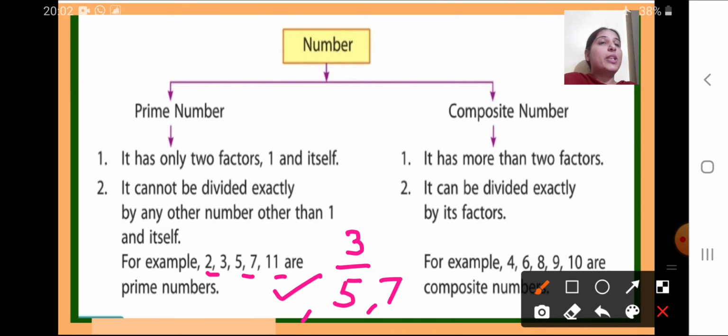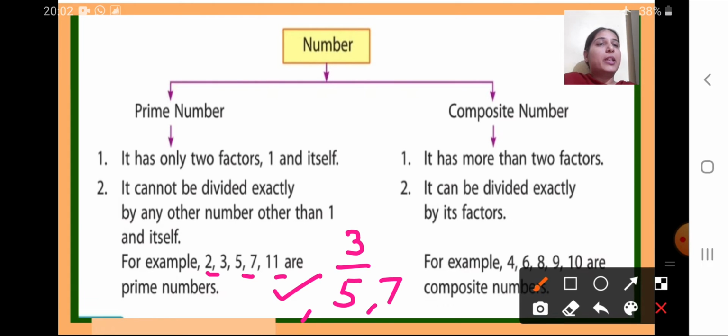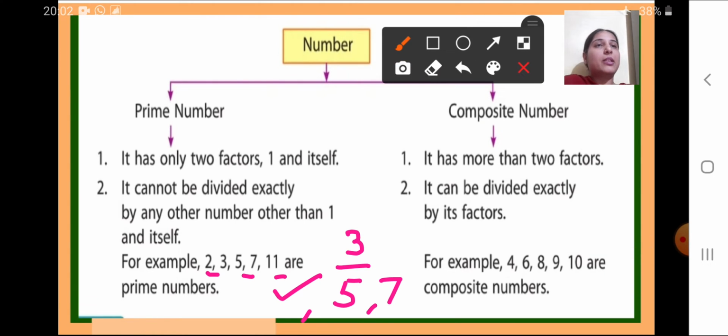It has more than two factors and it can be divided exactly by its factors. For example, 4, 6, 8, 9, 10, 12, 14, 15, 16. These are the composite numbers which have more than two factors. Okay. So on the basis of that, we do the